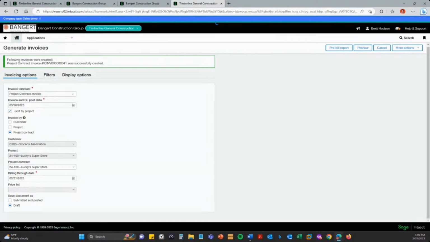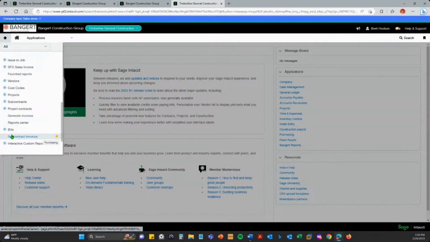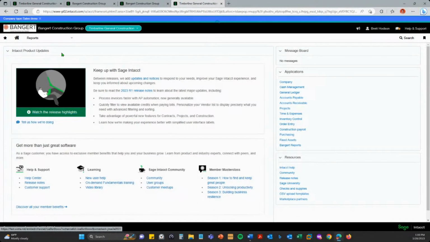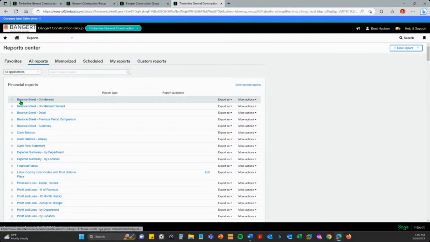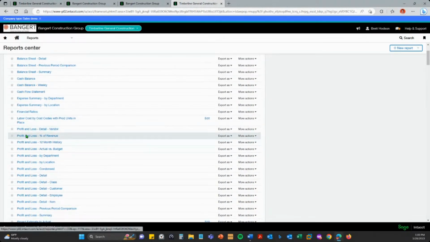One thing I wanted to touch on before we wrap up here is that the reporting tools are exceptional in Sage Intacct Construction. Crystal reports, no, that's not what you utilize here. So the ability to create financial statements and edit them in a variety of ways.